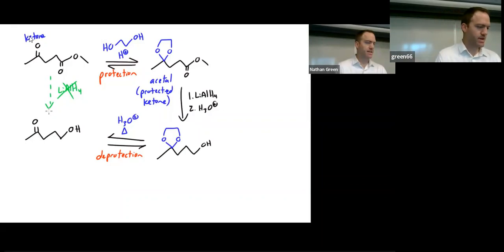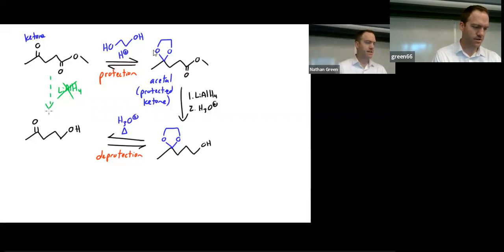I want to mask the reactivity of the ketone so that I can only react the ester, run the reaction I want, and then unmask the ketone later on. You can literally think of this like masking tape. If you're going to paint a room, one of the things you do is put up some masking tape, paint over the area you want, so you don't get paint on this part, peel the tape off, and now you have a clean surface. We're going to mask this ketone with this molecule, ethylene glycol, make this molecule, which is